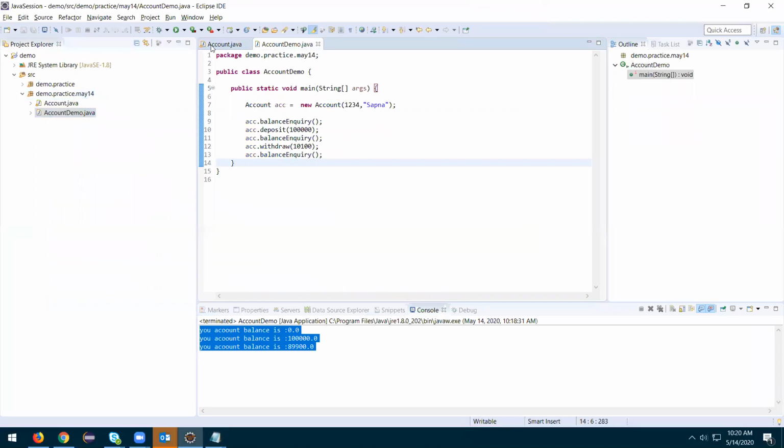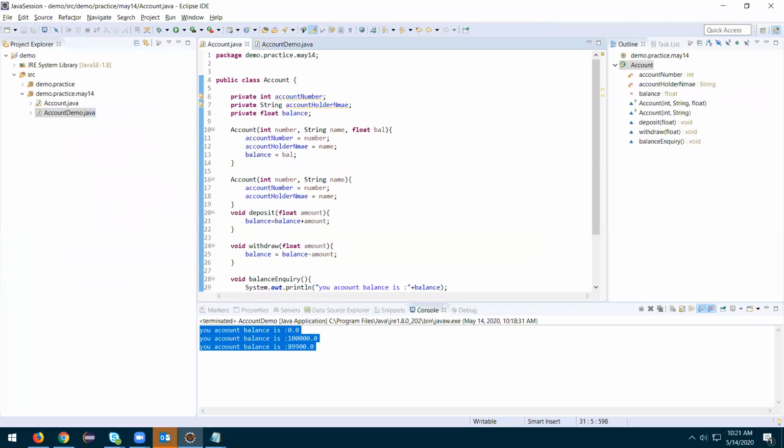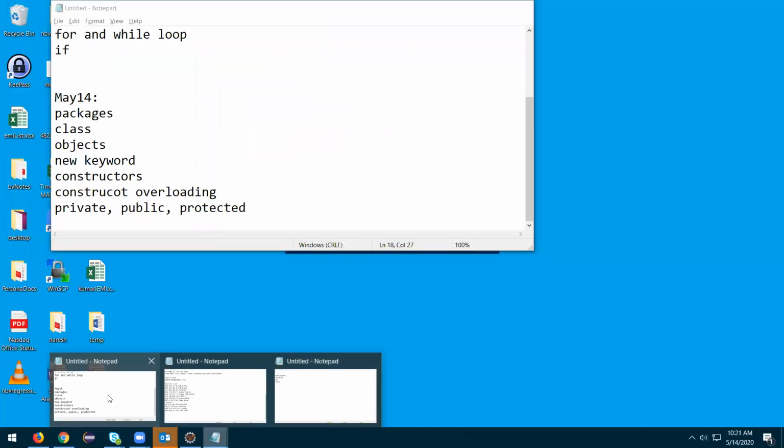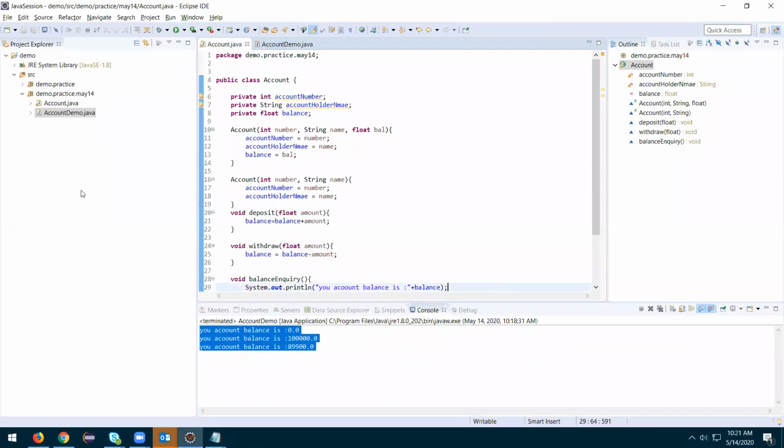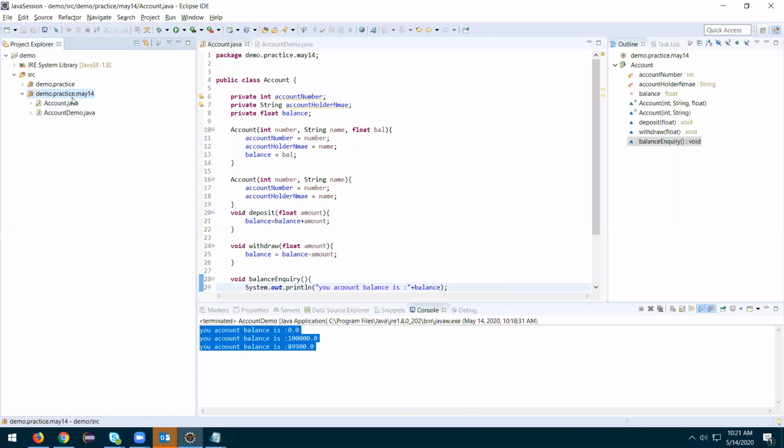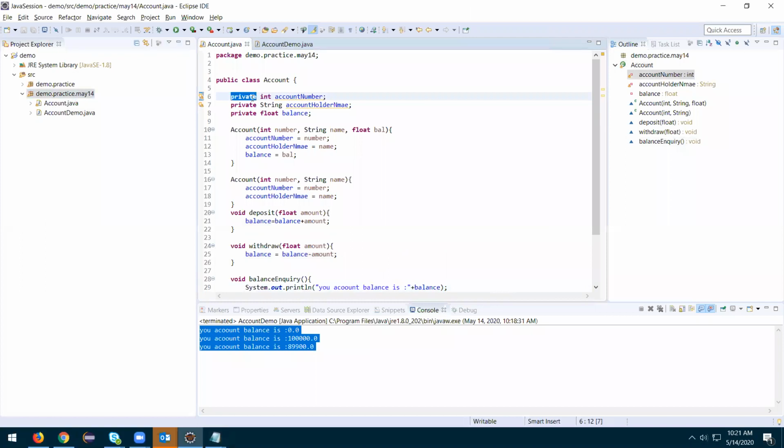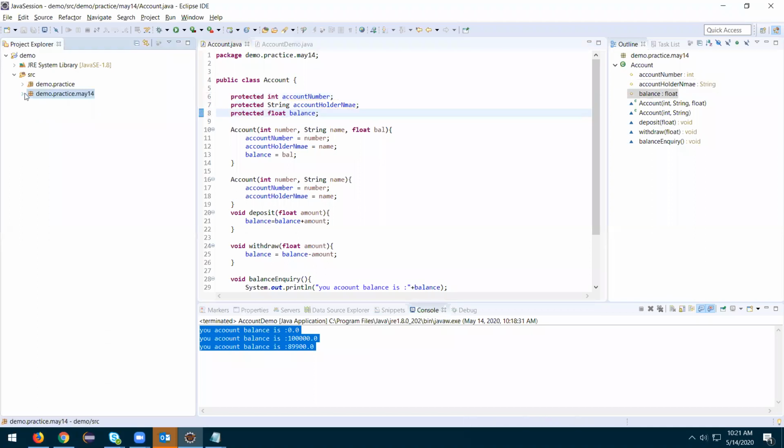Let's suppose you have 10 more classes here; in all the classes, you can access it if you specify protected.